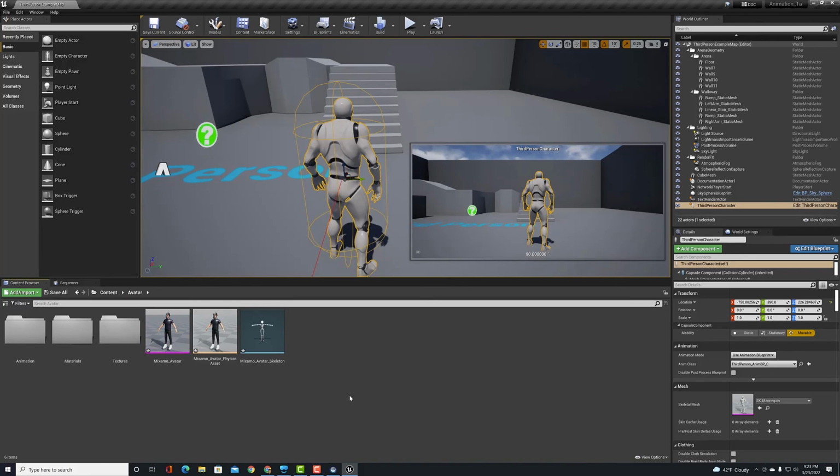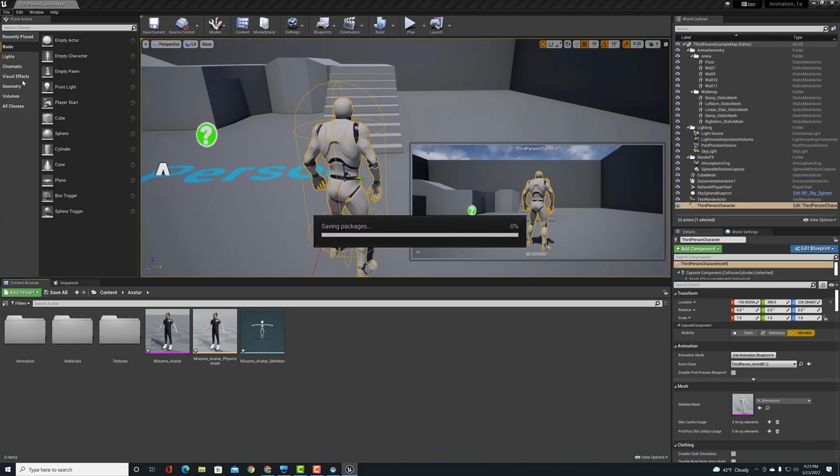Looking pretty good. If I go back to my avatar, I can see all my information is there. I'm going to go File, Save All,